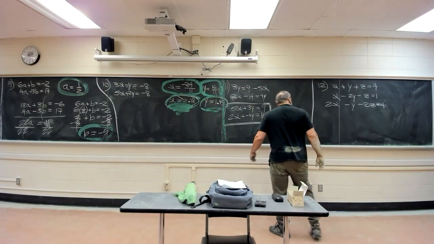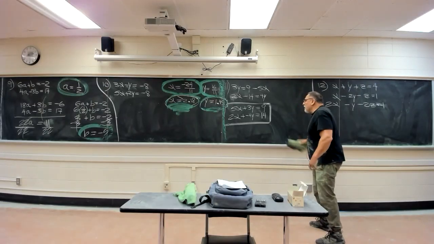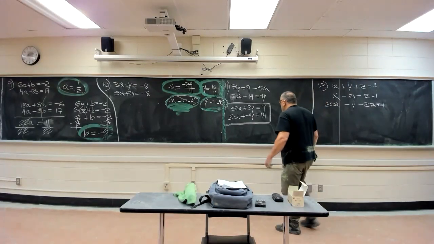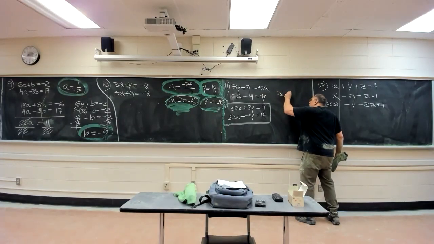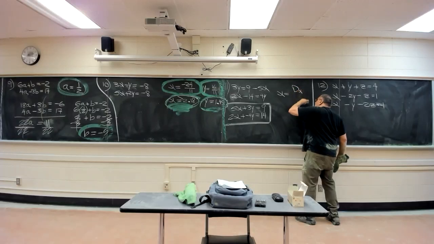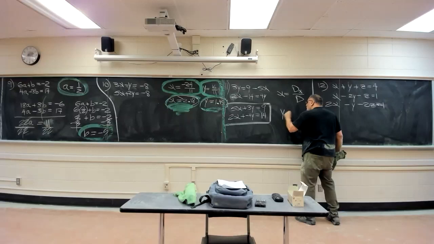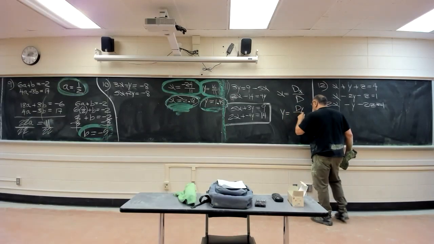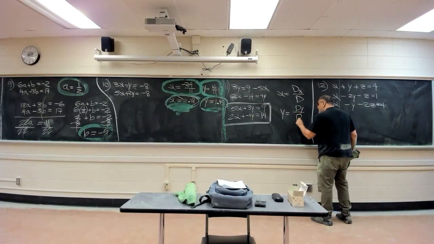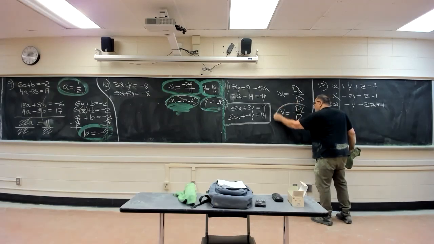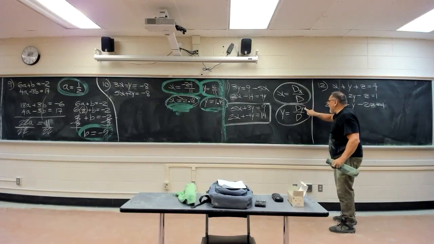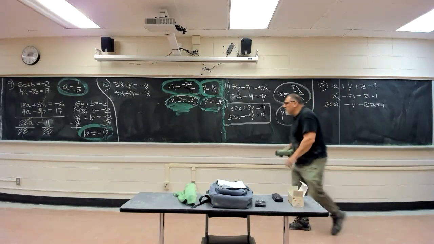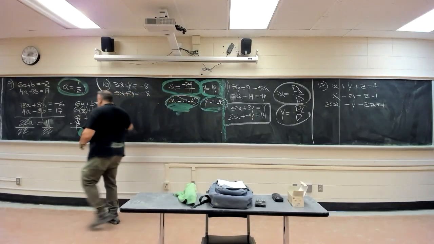Now, there's a lot that goes on. I'll probably have to erase a little bit and go for it. Right here, if you want to solve for x, it is going to be a determinant associated with the x variable over the major determinant, D. y is going to be a different determinant, D sub y, associated with the y value, but the D on the bottom is the same as that D. Now we have to find out who's who and just do it. What's Dx, what's Dy, and what's D? It's the same in each instance here. So with that in mind,